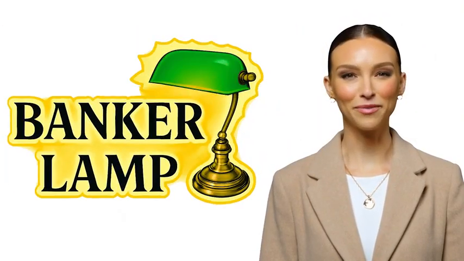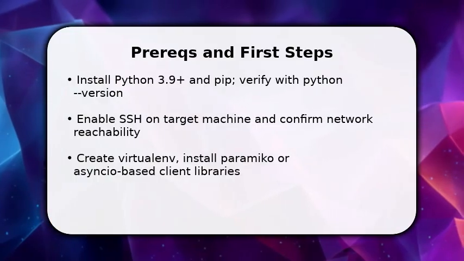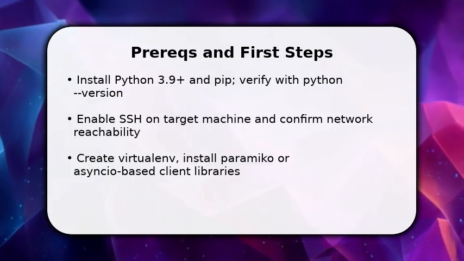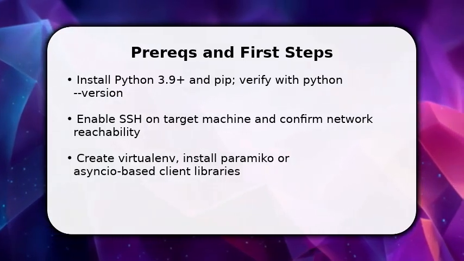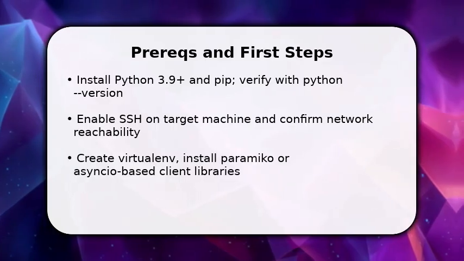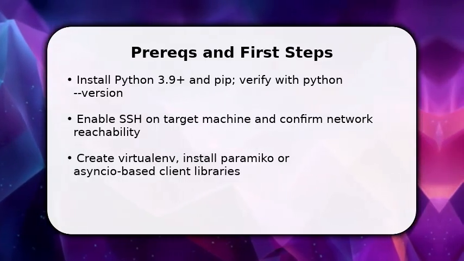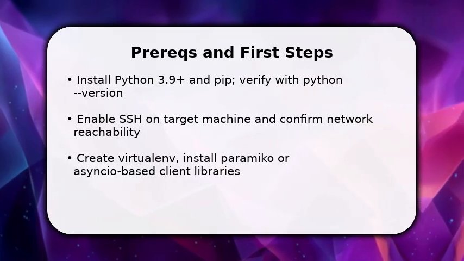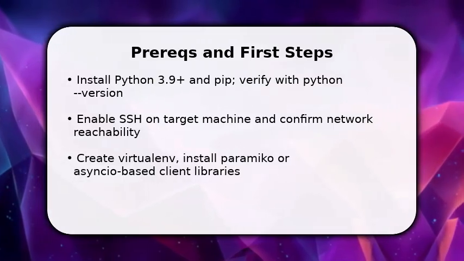Please enjoy the video. You start by confirming prerequisites: Python 3.9+, pip, SSH access, and a working network. First, create and activate a virtualenv, then pip install Paramiko or an Asyncio client so you can run remote commands